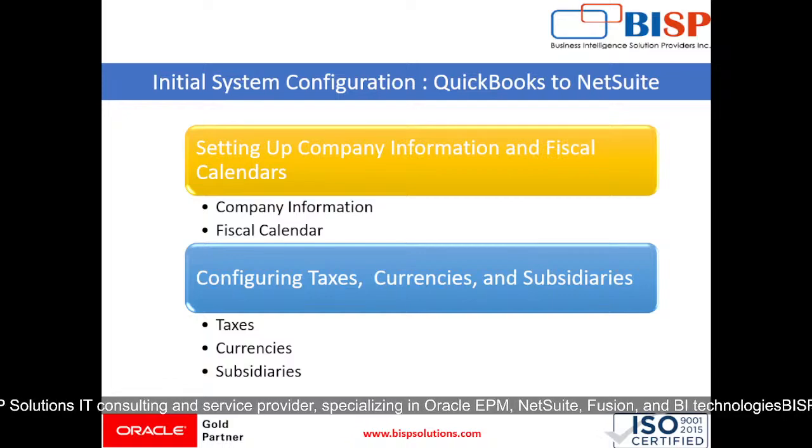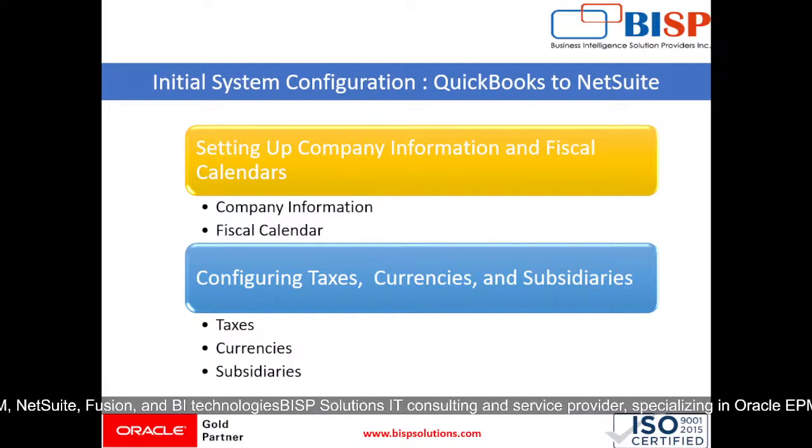Then we will be linking subsidiary to shared master data such as customers, vendors and items for unified operations. So by setting up these foundational configurations, NetSuite will reflect the organization's operational and compliance requirements, which ensures a smooth transition from QuickBooks. So by configuration of setting company information and fiscal calendars, it means from QuickBooks, if we are migrating data such as customers, items, vendors, general ledger and every single data we are